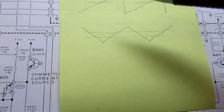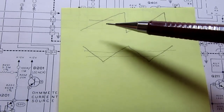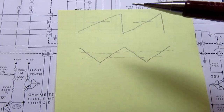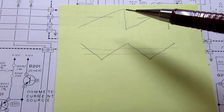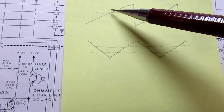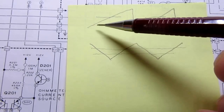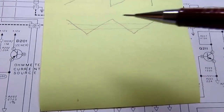There's a problem with this. What if after you calibrate it, some component value in the integration circuit changes due to heat or just age or whatever? Now you'll have an inaccurate value because it's going up at a different rate and it's crossing the measured voltage at a different time, so the count will be different during that time, therefore you'll get an inaccurate value. So the dual slope